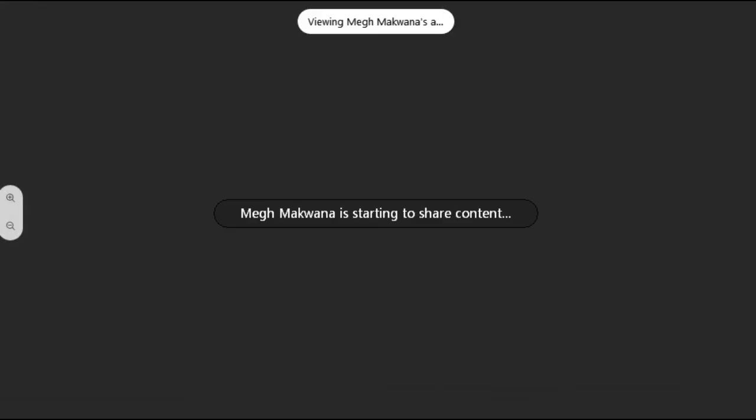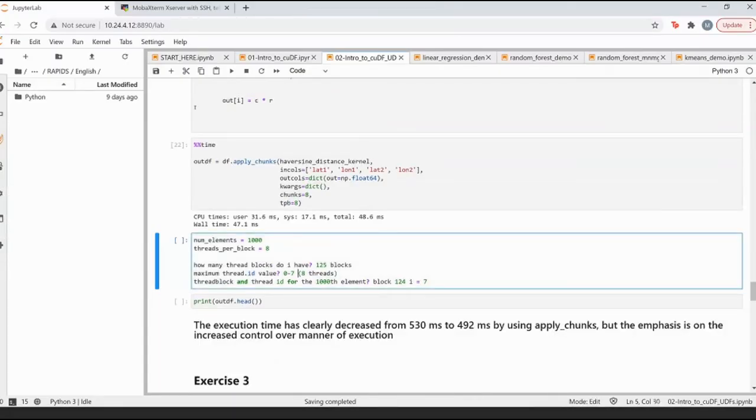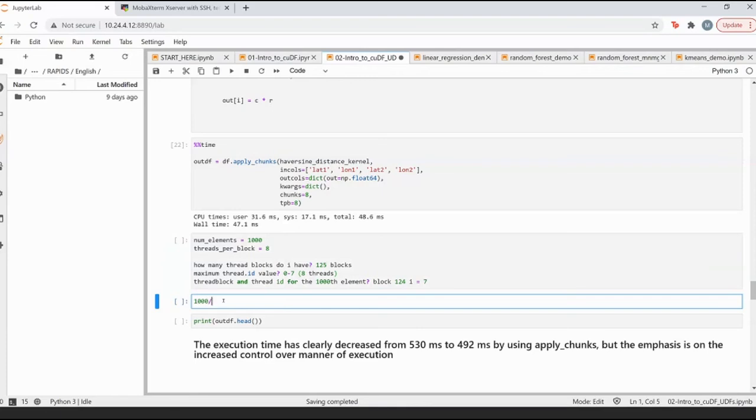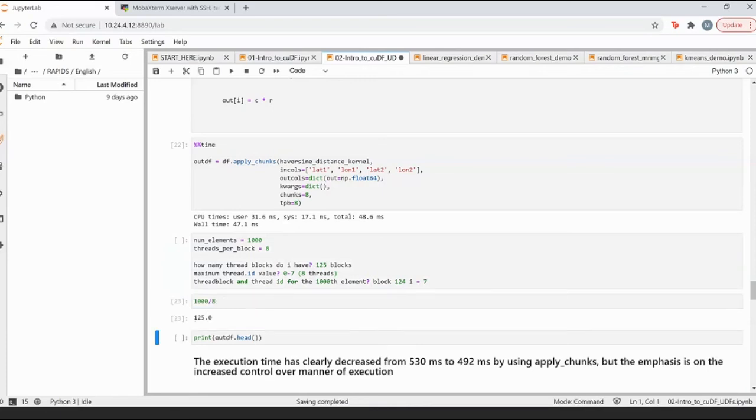It's going to be 1000 divided by 8, which gives me 125. But because we're starting from 0, my maximum block ID will be 124, and my maximum thread will be 7, which is absolutely correct. Now for the 1000th element, because 1000 is directly divisible by 8, my i value will be 7 and the block will be 124, which is also correct.